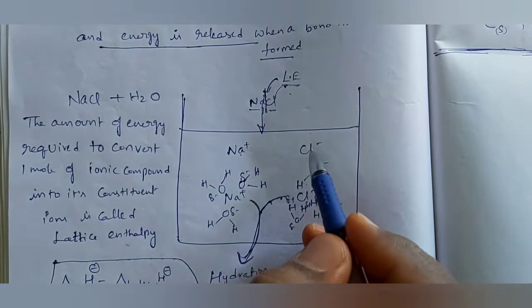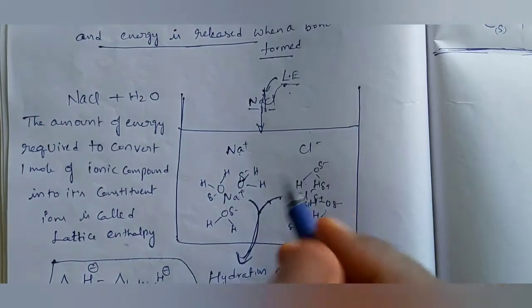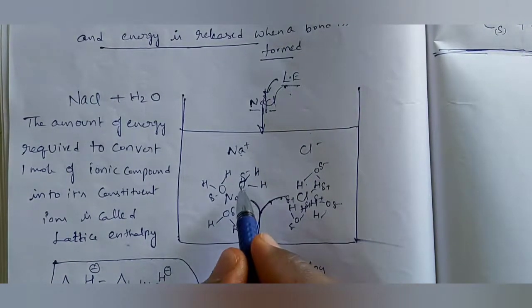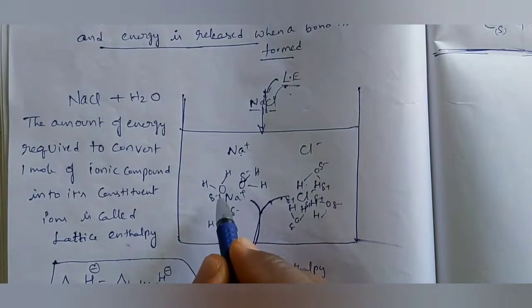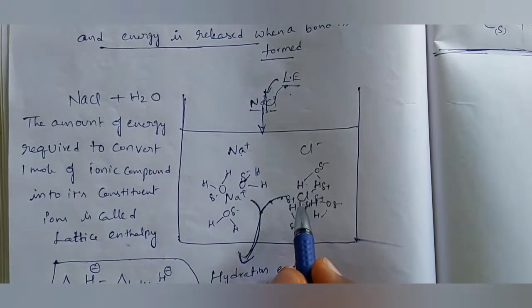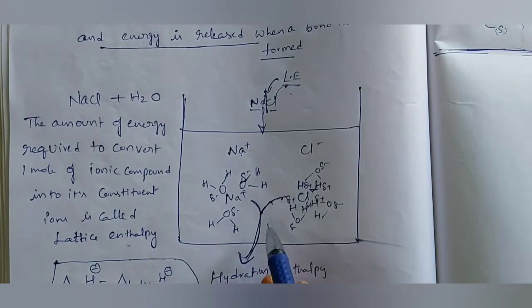And these Na plus and Cl minus ions are going to be surrounded by water molecules because of opposite charges. Na plus contains positive charge, which is surrounded by water molecules by facing oxygen, because oxygen has negative charge; it is more electronegative than hydrogen. Same like that, chloride has negative charge, but it is surrounded by water molecules by nearing hydrogen, because hydrogen has partial positive charge. So like this, chloride ions and Na plus ions are surrounded by water molecules.